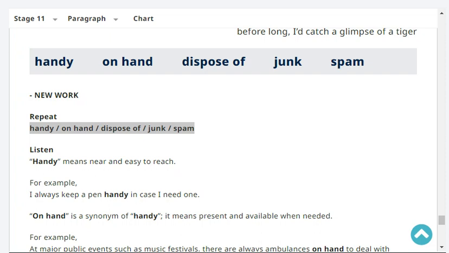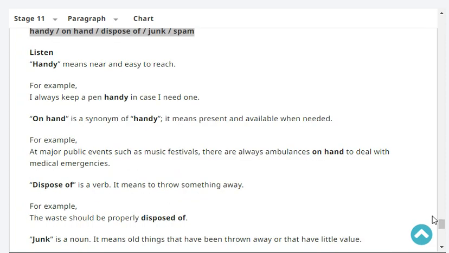Okay, listen. The word handy means near and easy to reach. For example, I always keep a pen handy in case I need one. On hand is a synonym of handy. It means present and available when needed. For example, at major public events such as music festivals, there are always ambulances on hand to